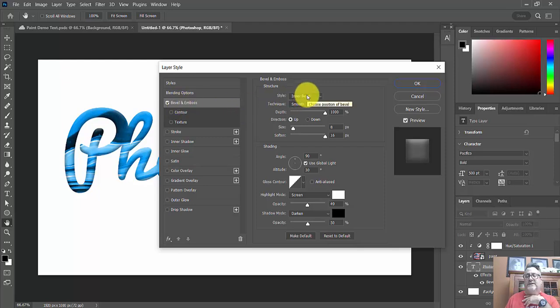And then make sure you put in exactly what I have on the screen, assuming that mine are all the way I want them. So what we want is the inner bevel. So this top one should say inner bevel. We want the technique to be smooth. We want the depth to be 1,000, actually not 100, 1,000. Direction should be up. 8 should be the size. 16 should be for soften. Coming down here further, we are going to do 60